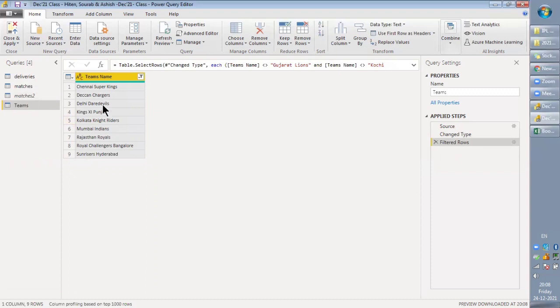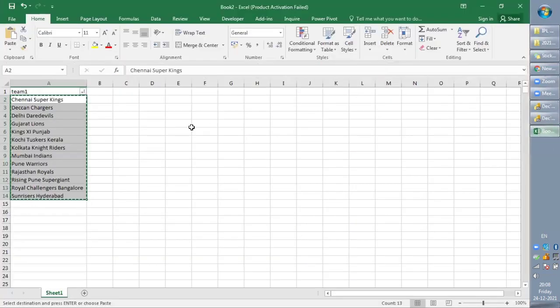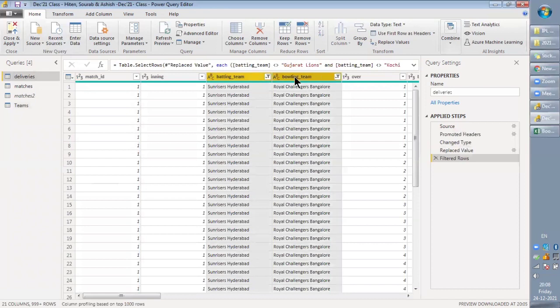How do we have 9 teams? Chennai, Mumbai. There are 8 teams, right? In the Chennai, Deccan Chargers. Okay, Sunrisers and Deccan Chargers are the same. Okay, I got your point. Saurabh, what were you saying at that point? I was wrong. Can't we replace the name with Sunrisers? That's what I was about to say. Okay, let's go and do that as well.